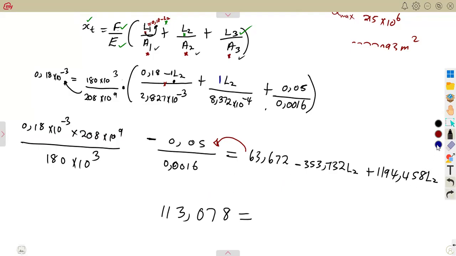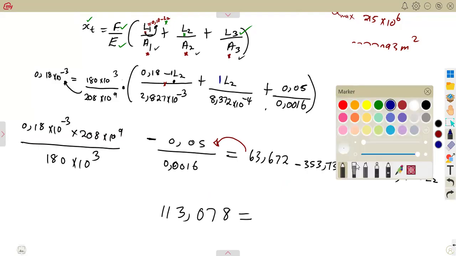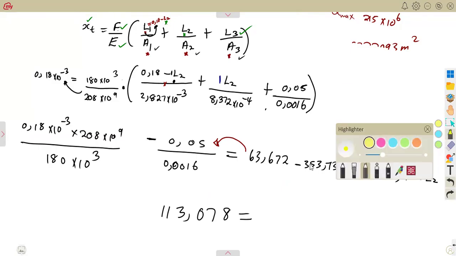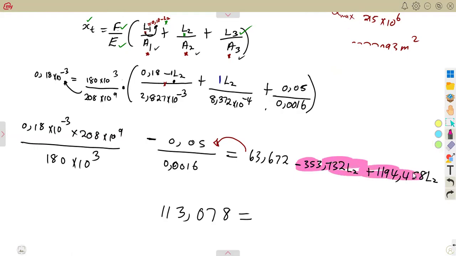So on the left-hand side, you'll be left with these two. You combine these two terms. That is minus 353,732 plus 1,194,458. Add those two numbers. You are going to obtain